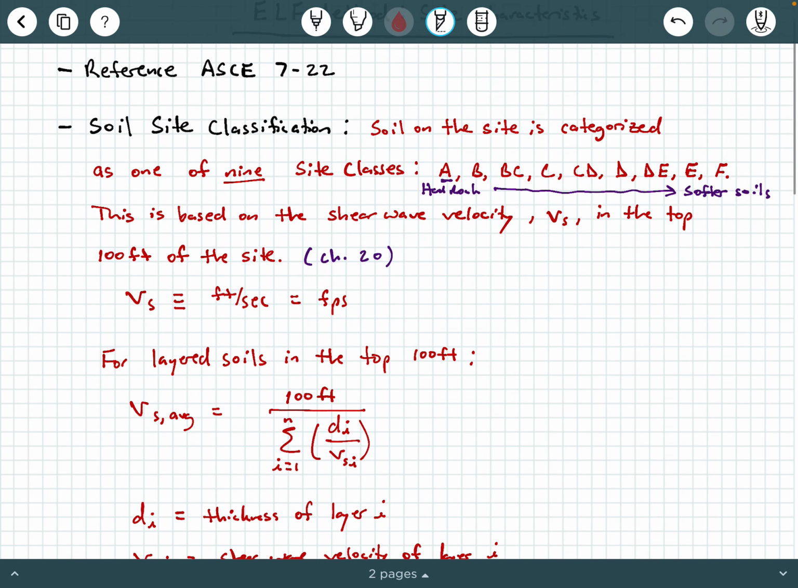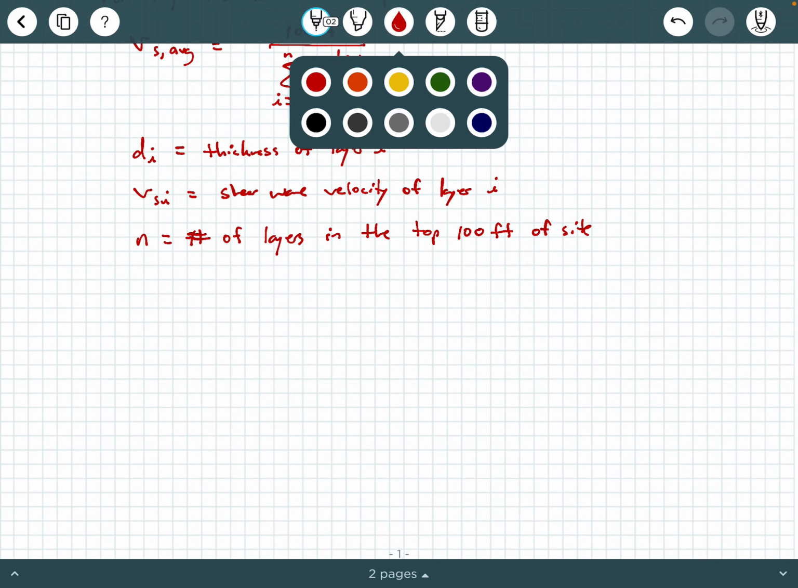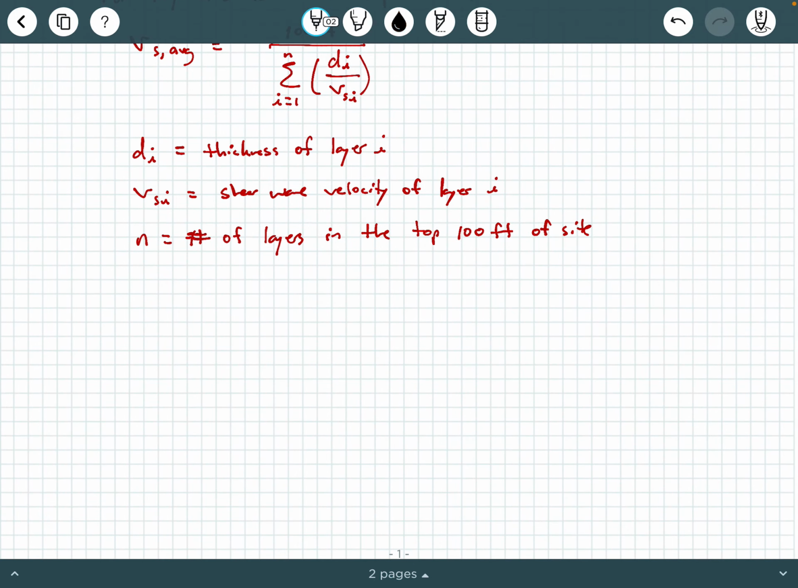So I'm not going to go into the details and the specifics of the different shear wave velocity values in ASCE 7-22, but you can look into that yourself in chapter 20. And again, you'll come across a table there that has the shear wave velocity values associated with each of these site classes, okay? The next attribute of the site that we need to talk about is what's called the